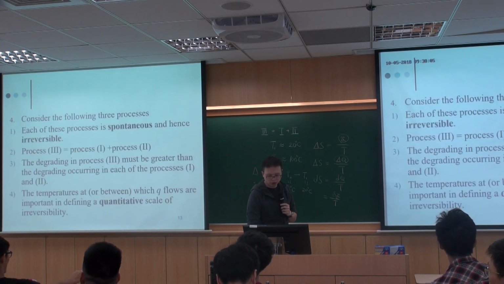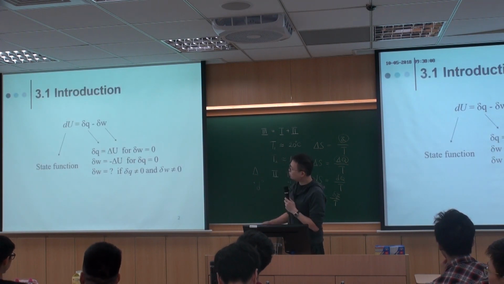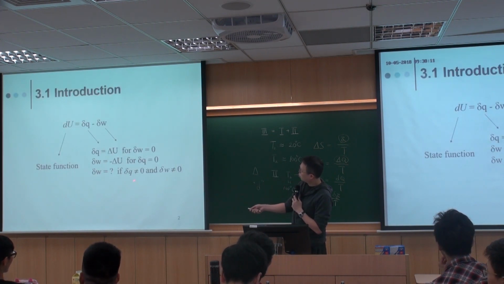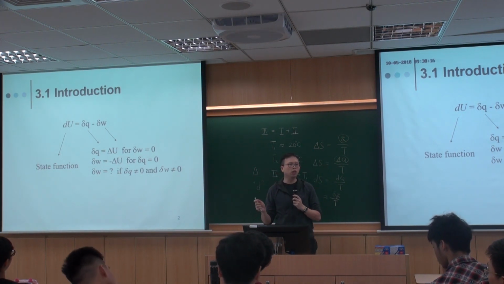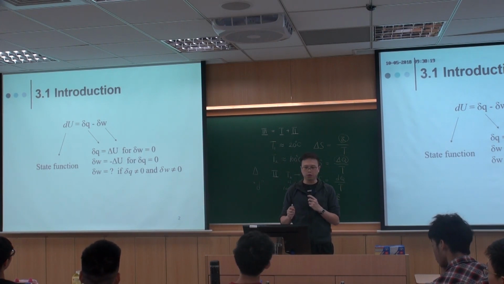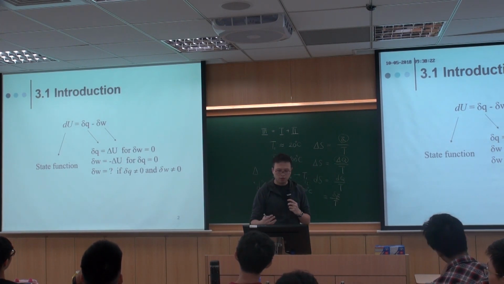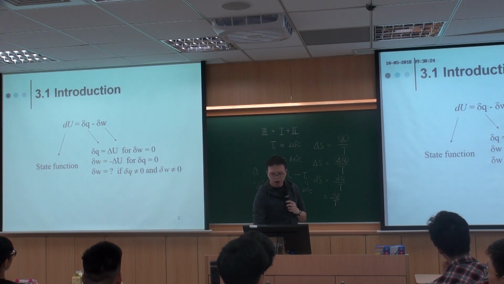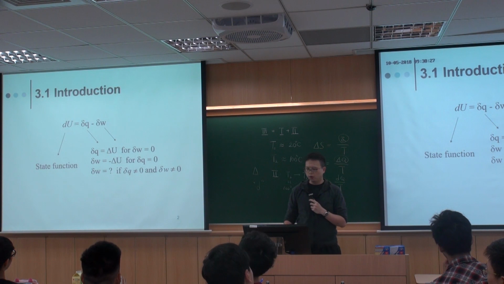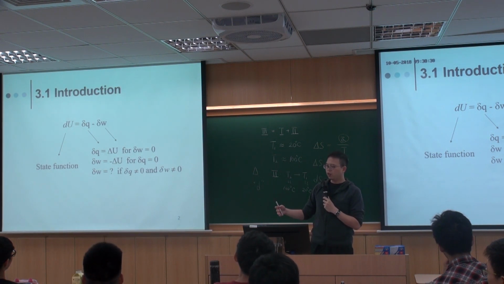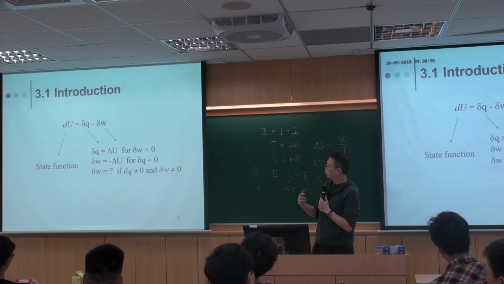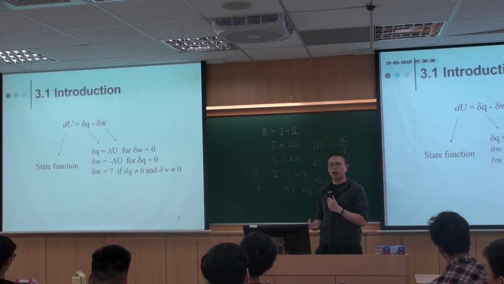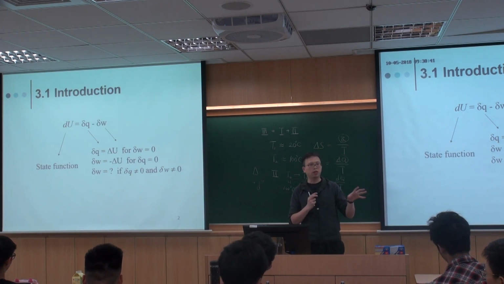So therefore, if we go back to the first page or the first slide, this delta W is very important. What is the maximum work that a system can do in either a reversible or irreversible process? I would just say over here first that the maximum work that can be done by a system is when the system is going through a reversible process. So only when the system is going through a reversible process, we can see a maximum work.